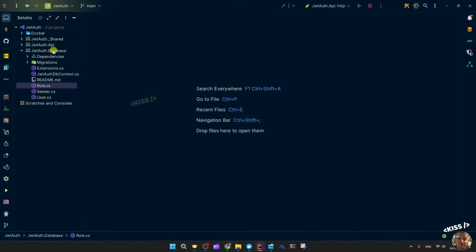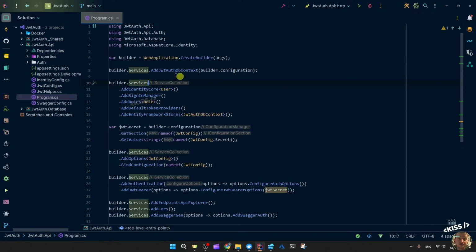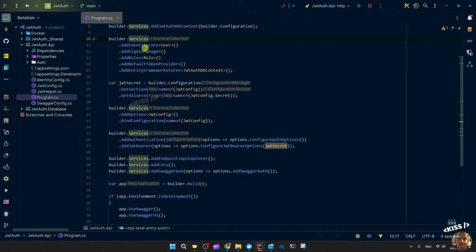So let's dive into the API. Let's just start in the program CS. I did add some config files already. Let's see, so we add that auth DB context, that's fine, and then we set up everything related to identity to make sure we can use those tables in our database. So all I need is identity core. I pass in the custom user model, the sign-in manager,